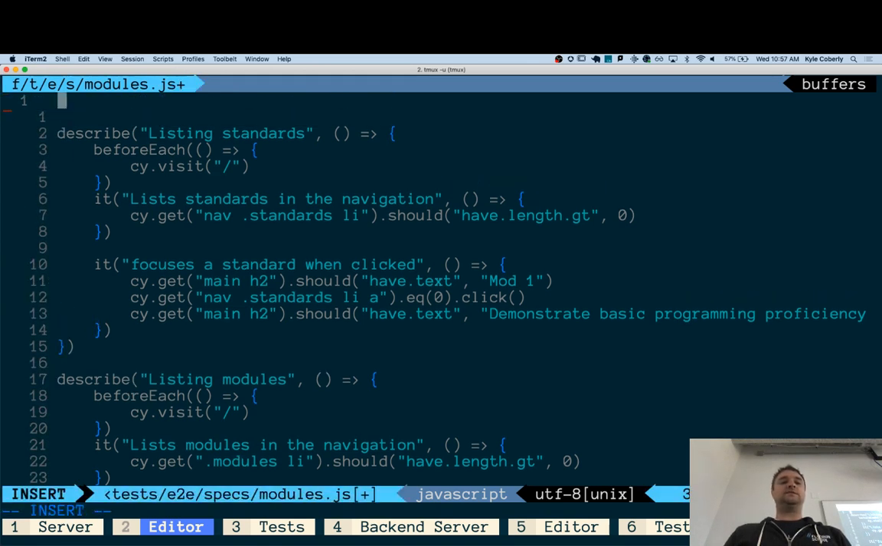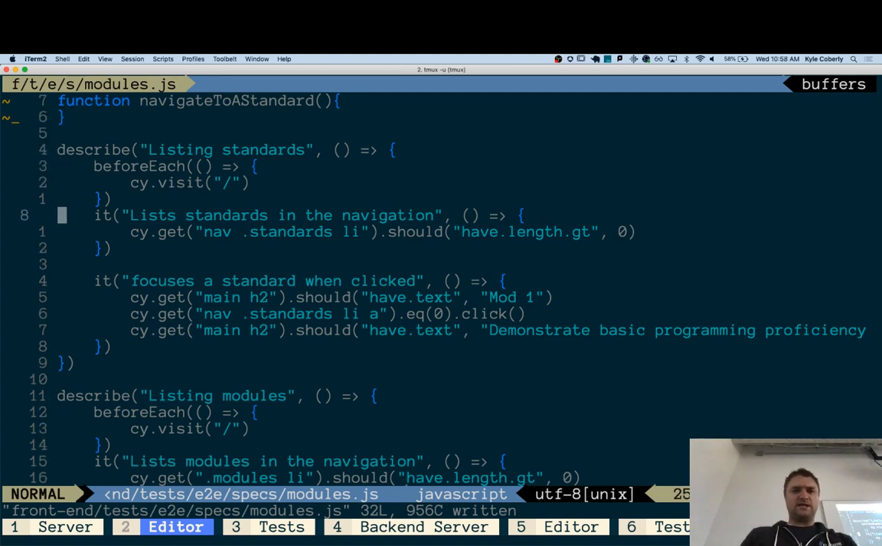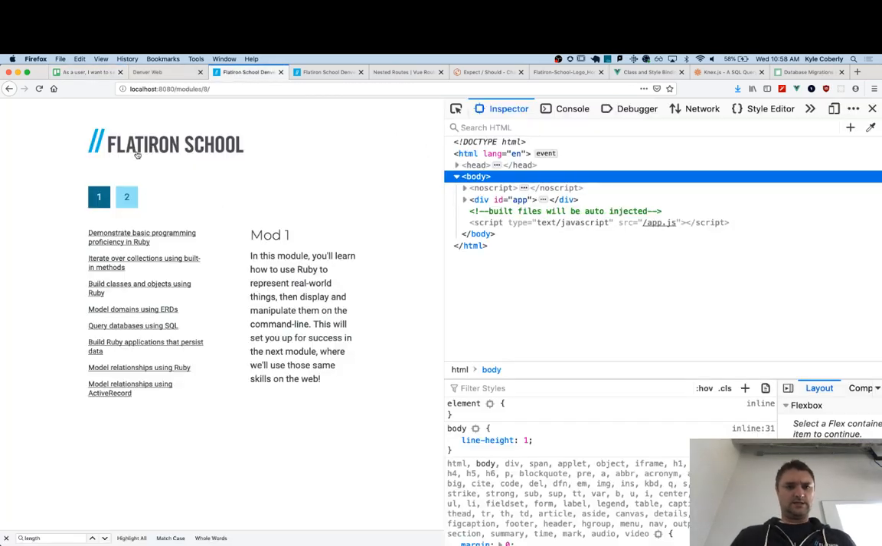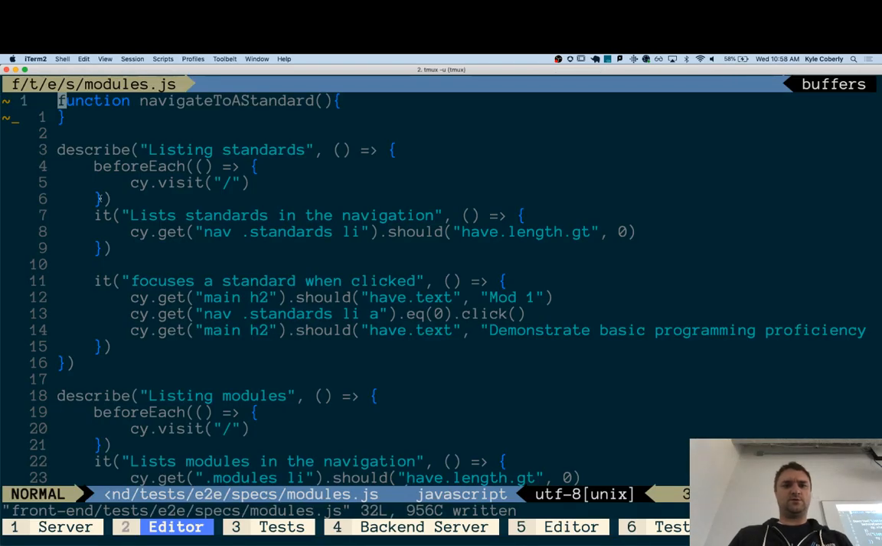standard. And this is kind of a neat thing that not a lot of people realize you can do in Cypress: whatever pattern you use to do that, like navigate to a standard, you can just put in a function and then call it. So if we're on the site, the way that we would navigate to a standard is we'd choose a module. So